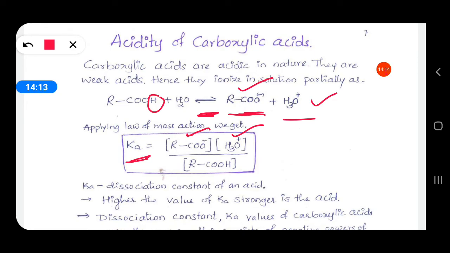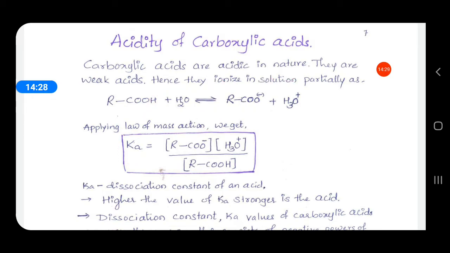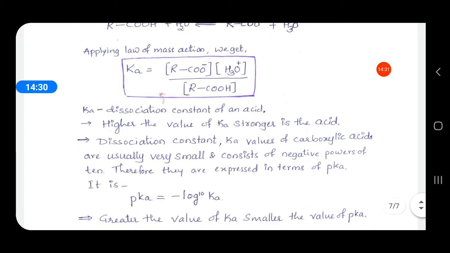If the carboxylate ion formed is stable, then only the forward reaction takes place and the concentration of ions increases, so Ka also increases. So Ka is called the dissociation constant. The higher the value of Ka, the stronger the acid. The Ka values of carboxylic acids are usually very small, with negative powers of 10. It is 10 raised to minus 5, minus 6 like this. Therefore, they are expressed in terms of